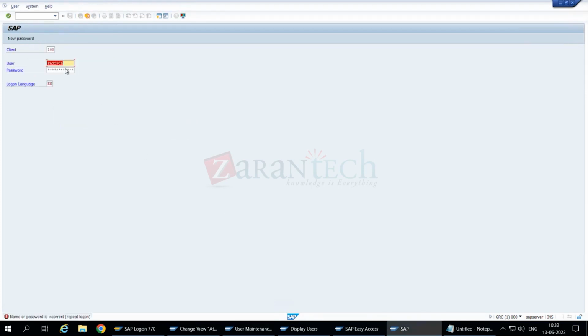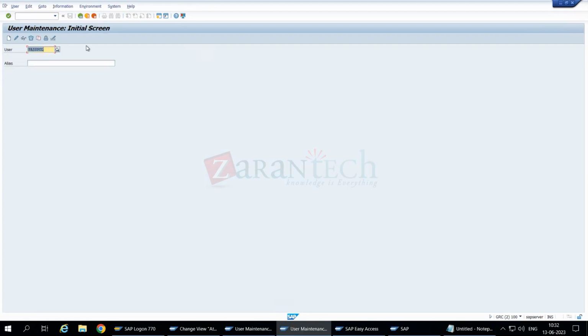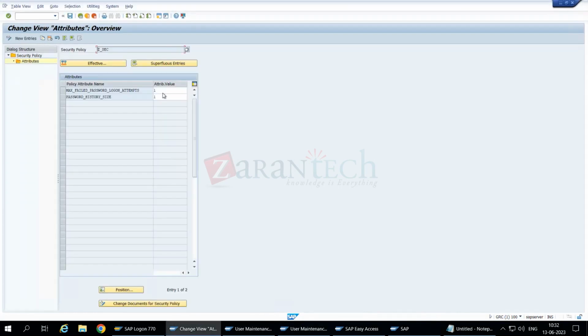And if I do the same thing from ZGRC2, let me do it on 3. Okay, give some wrong password. Okay, put the wrong password. So it is not locked. So for this user to lock, I will have to do it 5 times, which is the system default